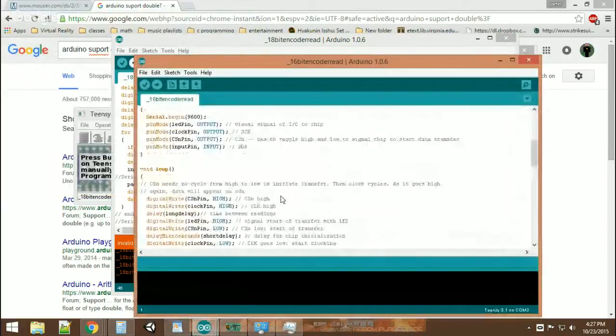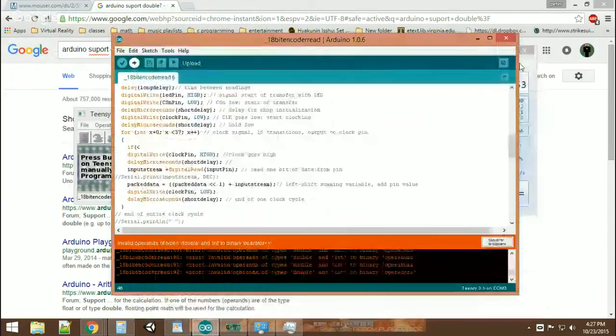Oh, wait, no, this one isn't completely right either. If we are less than, I think it's 18, it would be right. X is less than 18, then